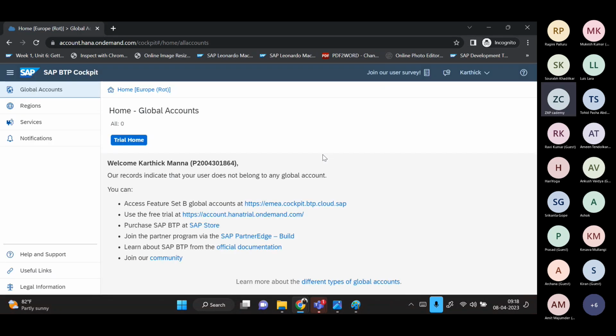So I have just logged in. This is one more account we have on this device. So if you go inside the trial account in this,